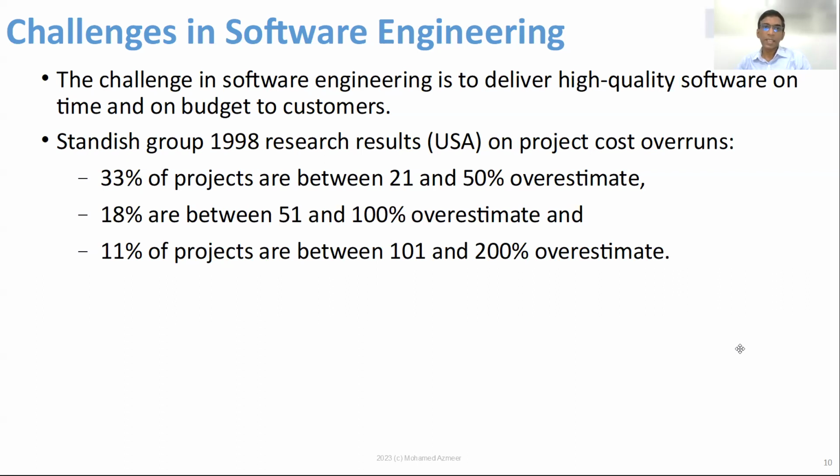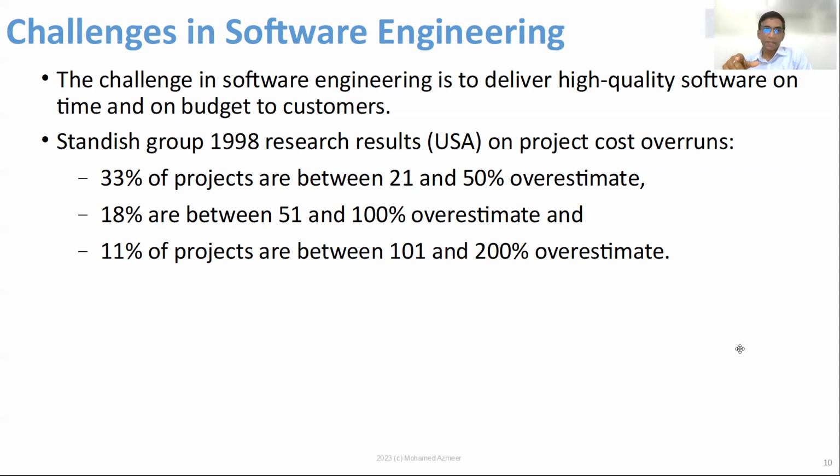Number one is delivering high quality software on time and on budget to customers. High quality, on time, and on budget. Three very important things. Now, you can do this, provided you master this skill very well. Okay. Now, going back to that Standish Group report,